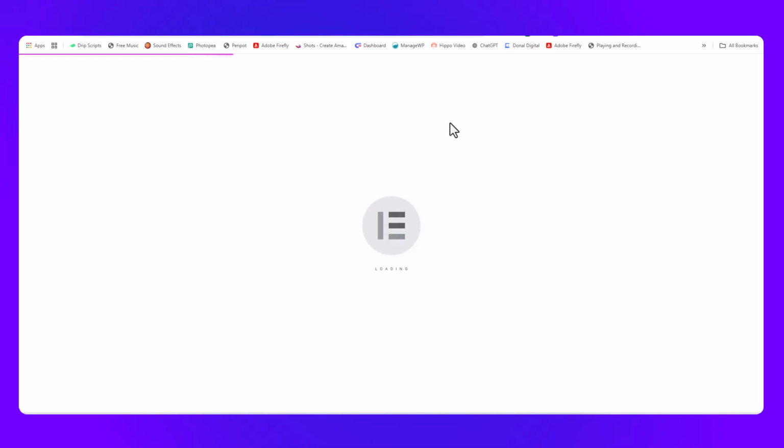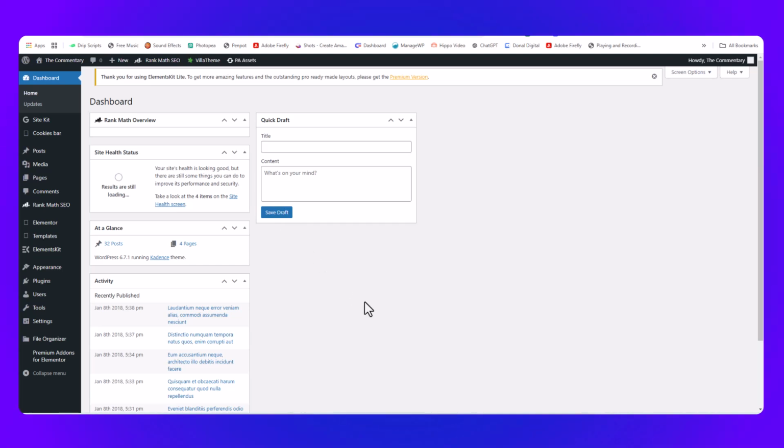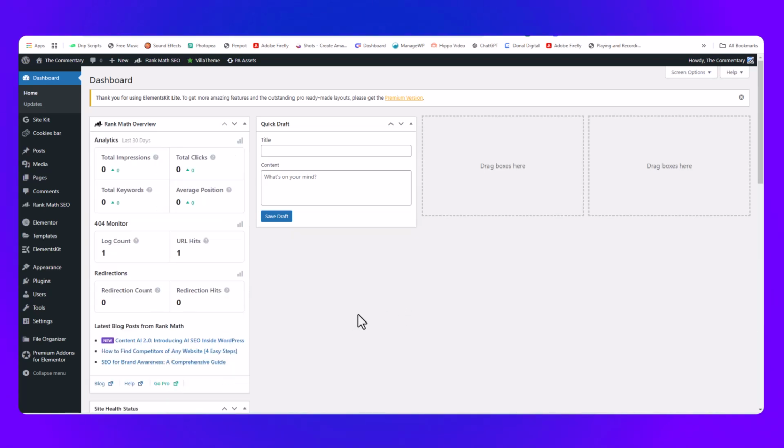Now, while we are waiting for it to load, we need to complete the process of our optimization by submitting our sitemap to Google Search Console, which we saw how to do in the last video that we uploaded. If you've not watched that video, you can find the link in the description, and I also put it somewhere on the top here so that you can find it to watch and understand how to set up